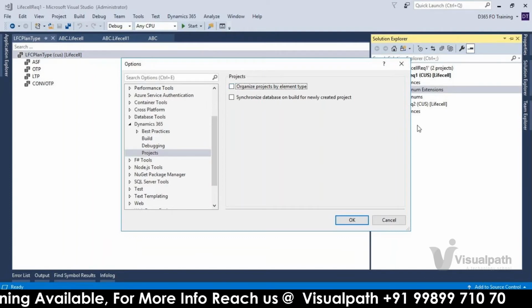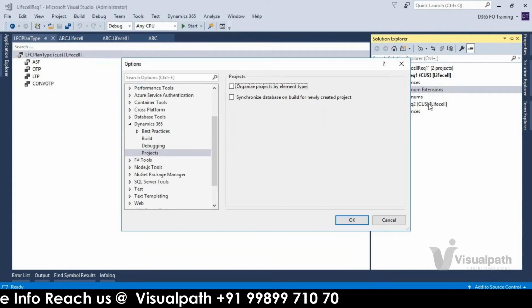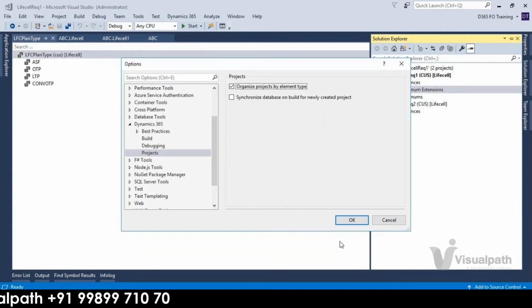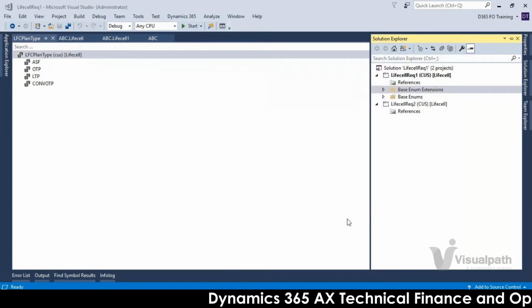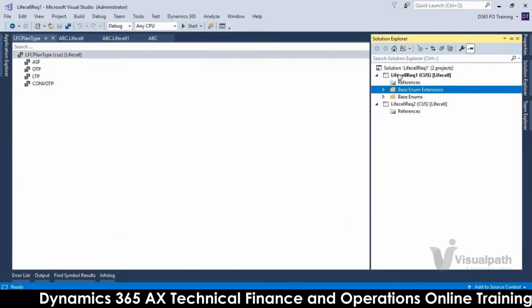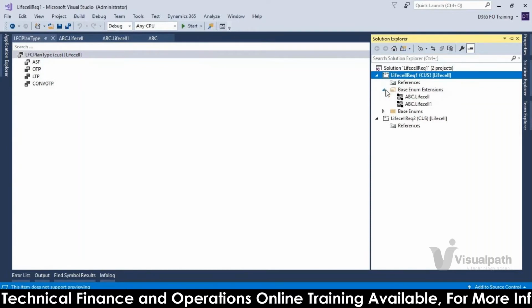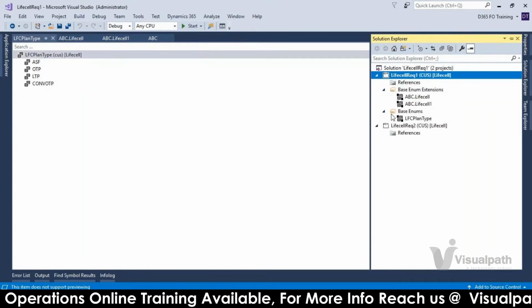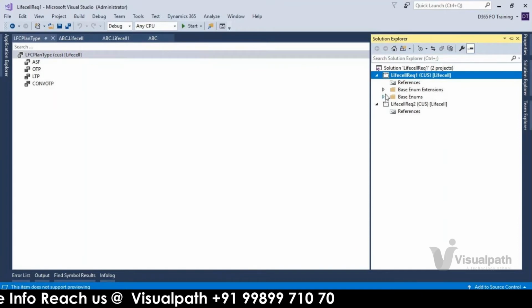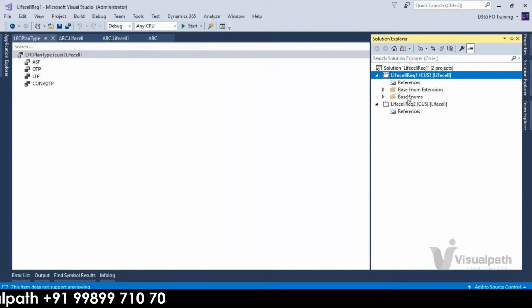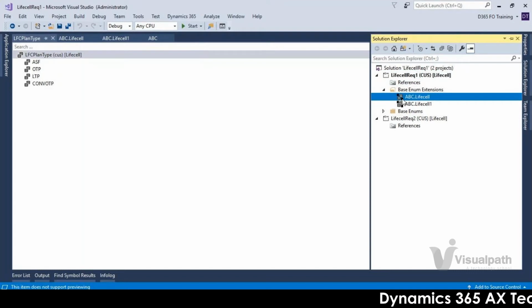It will add all the objects under the project only. It will not bifurcate. If it is not selected for you people, I think by default it will not be selected. If it is not bifurcating, you can select that checkbox, and while adding new objects, it will automatically create the folder here. But the better practice is to have it branch wise. Easily we can identify. For example, if you want to change some table or something, by seeing this image, sometimes it's difficult.